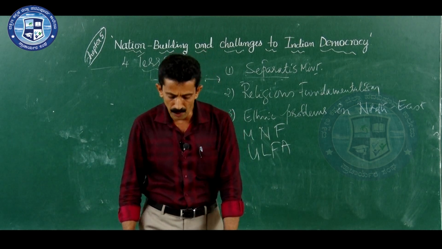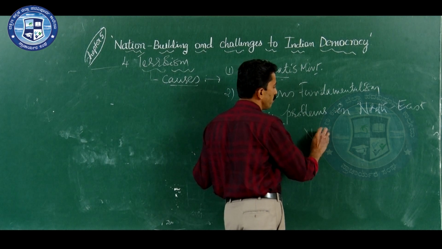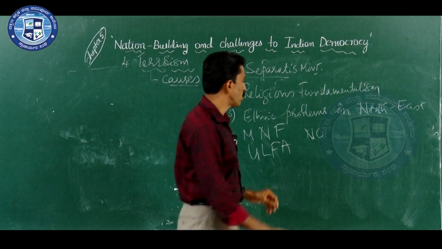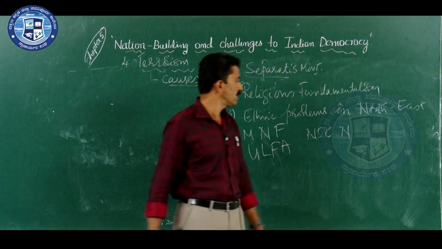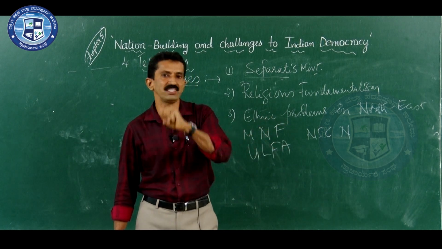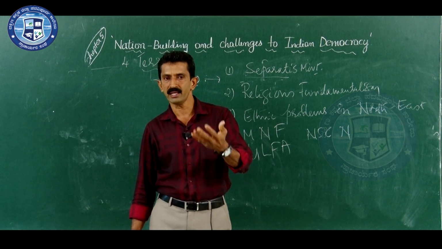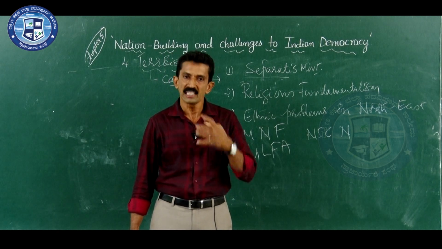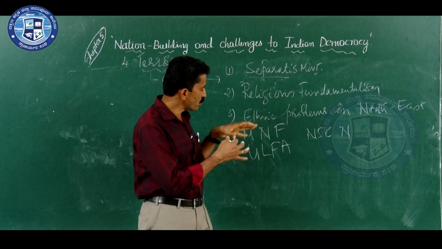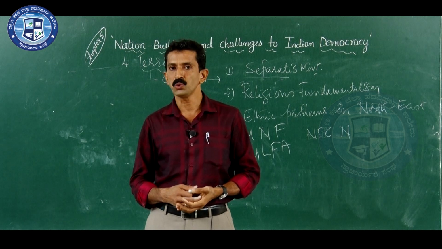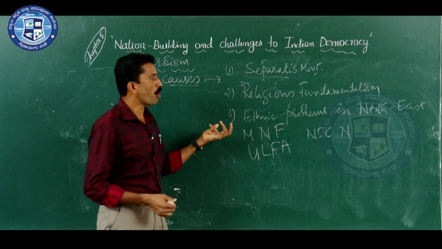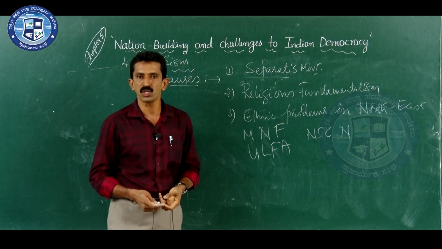Then in Nagaland, another important organization is the NSCN, National Socialist Council of Nagaland. These are the important organizations which were formed to protect their ethnic interest or identity. But these organizations are involved in violent clashes, violent struggle. Some of these organizations are also carrying out anti-national activities, and so they have become terrorist organizations today. It has become a major problem to the unity and integrity of the country. That is why ethnic problems in northeastern states are also one of the major causes for the rise of terrorism